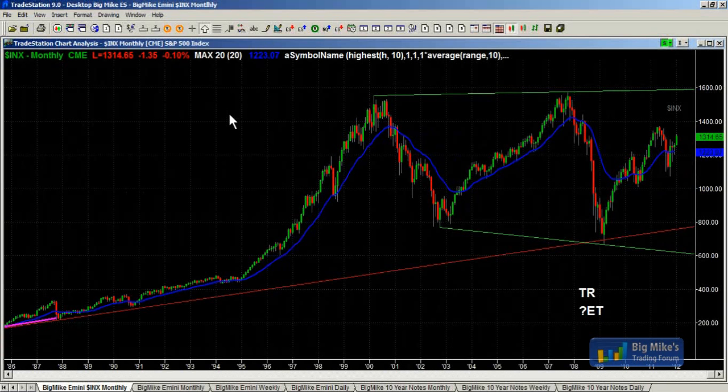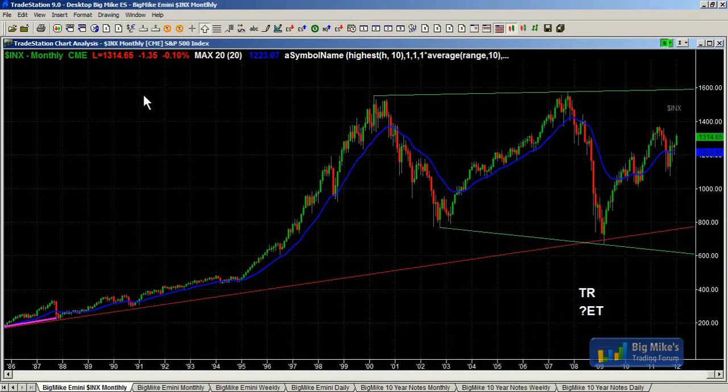On the monthly, this is the cash S&P index chart right here. It's the same as the Dow. Anyway, what's going on with the monthly S&P cash index? When I look at the chart, what I see is sideways. It went up into 2000, then it went down, then it went up, and then it went down, and we've been going up since 2009. So what I see is a trading range. Looks like it's been going on probably since 1997. So about 13, 14 years.